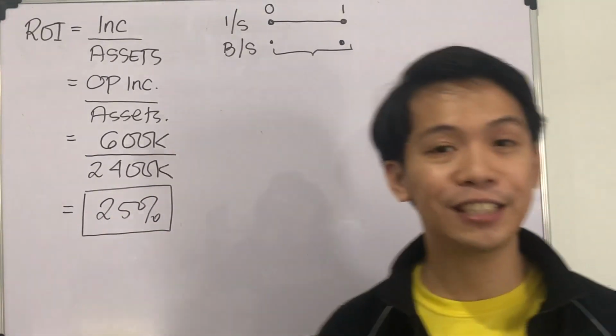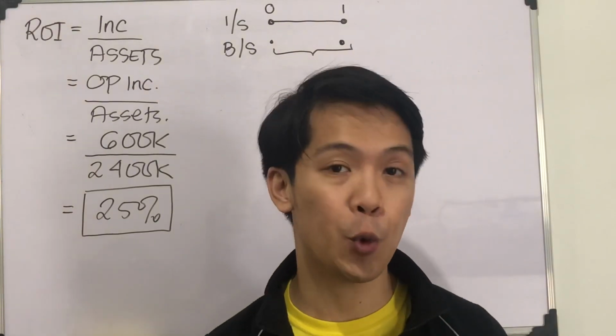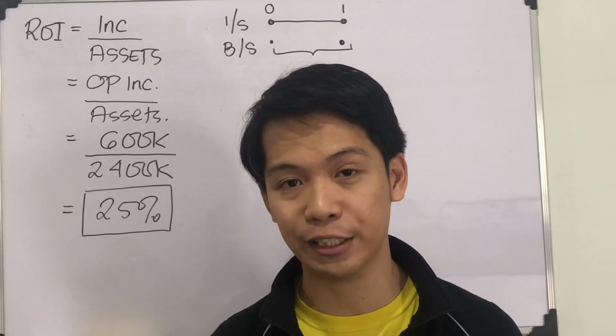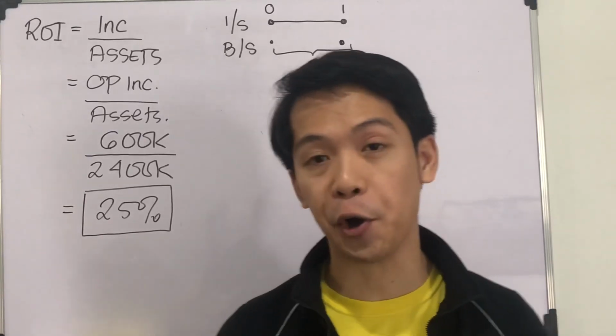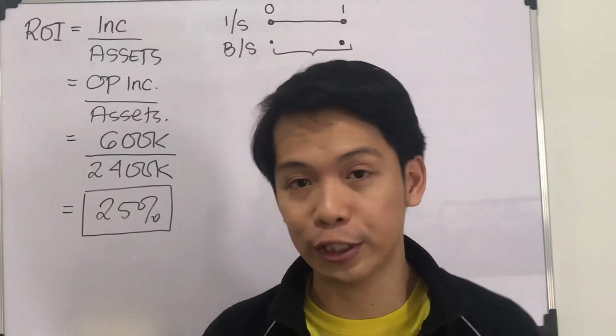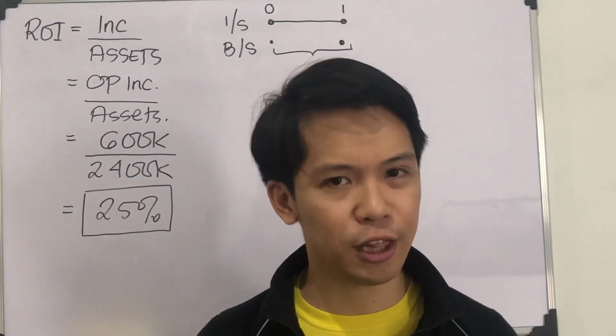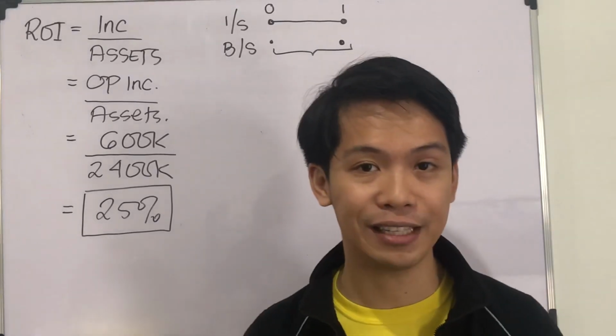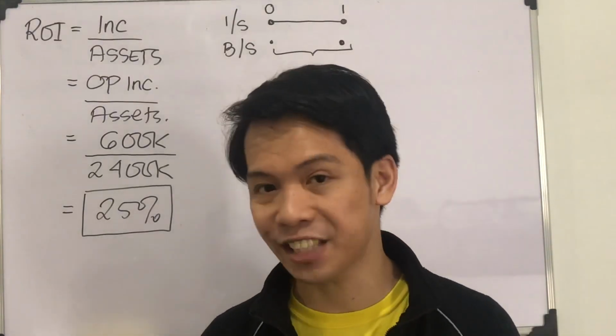So the ROI is a very good formula when it comes to looking at the size of your profits relative to the size of your investment. Rather than simply looking at whether there's a profit, we should make sure that that profit amount is commensurate to the size of the investment. Does it justify the size of the investment?